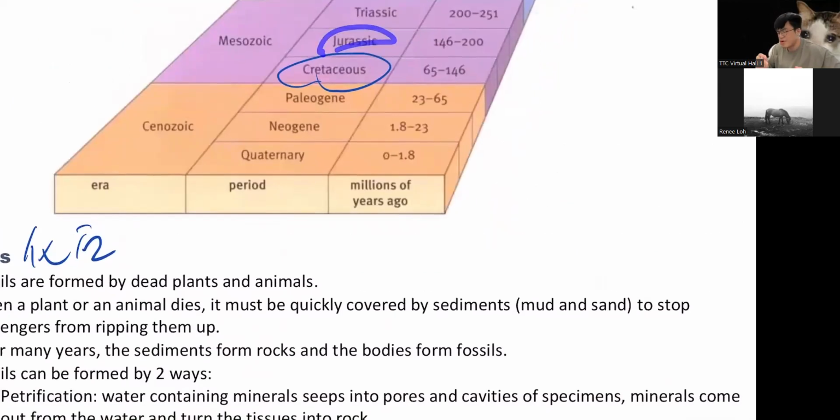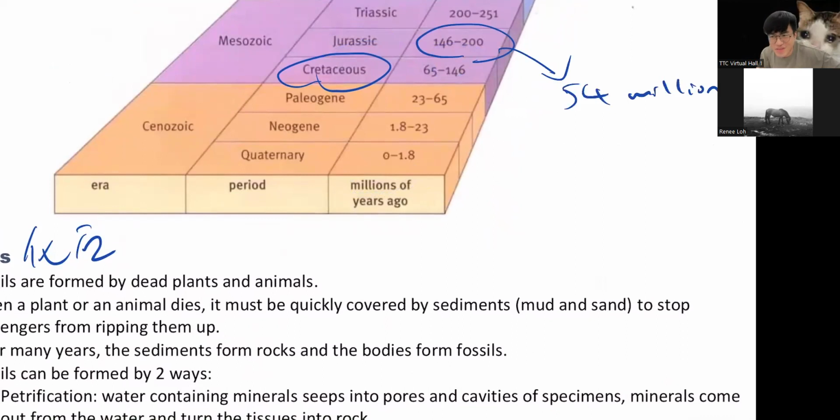Now, one period is around 60, 70 million years. Can you see how long this is? You put it in perspective. One period here is like 54 million years. You know how long 54 million years is? Okay, 54 million years is this long. 5400万年。